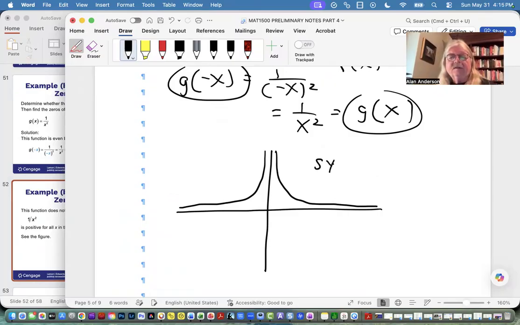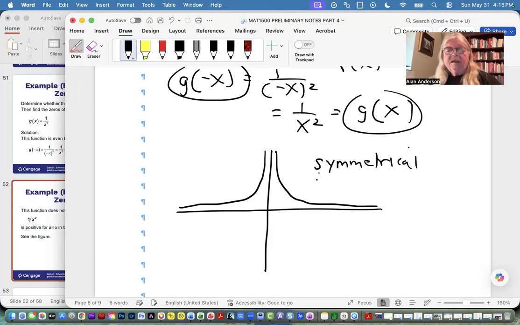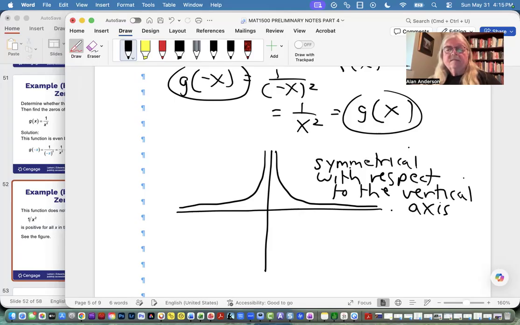So symmetrical with respect to the vertical axis. Okay,